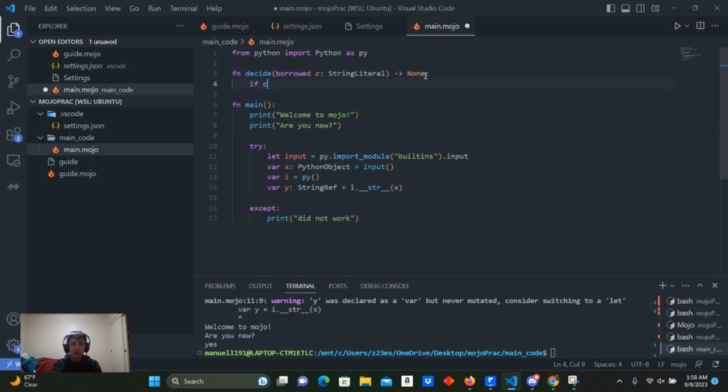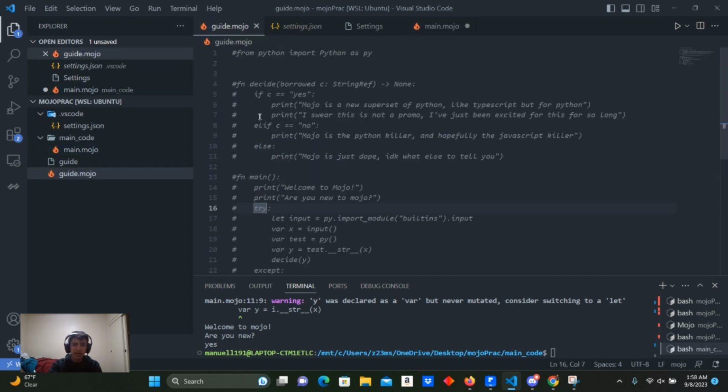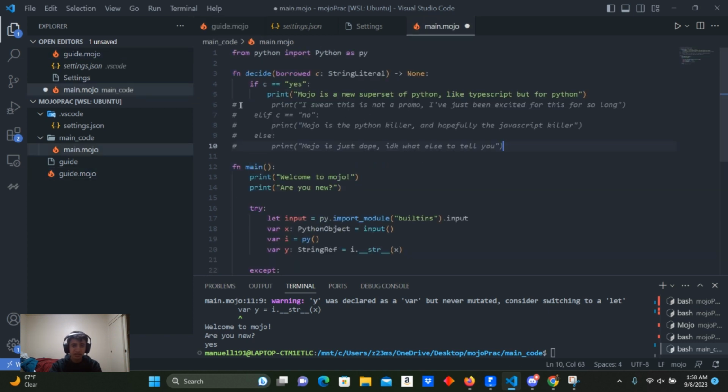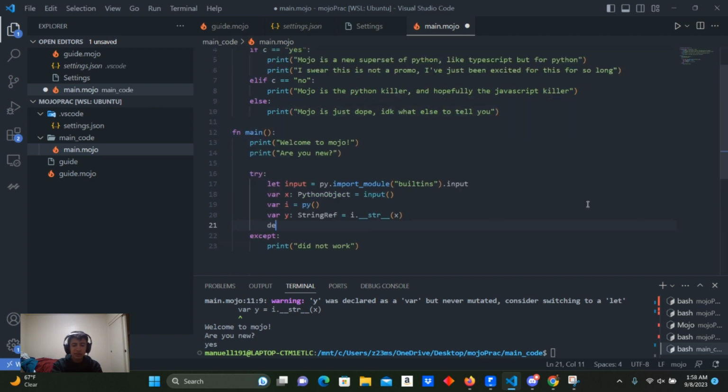So if C is equal to yes, and I am now going to copy this code because I don't want to type it again. If yes, Mojo is new, I'm just explaining it. And if no, I'll give my opinion. Otherwise, I'll say something random, right? So now we could do decide and toss in y, which is this right here. And now if we save this and run it,